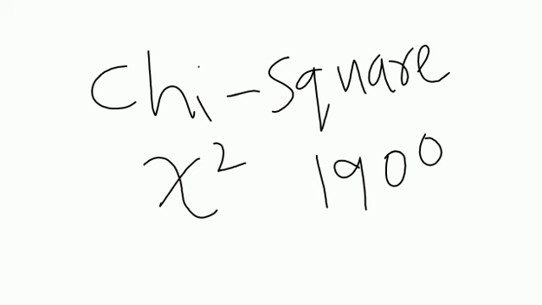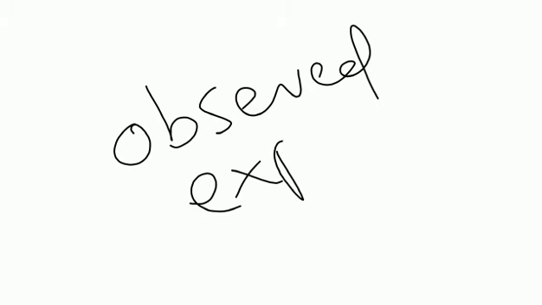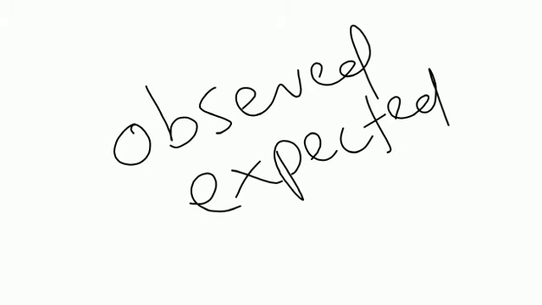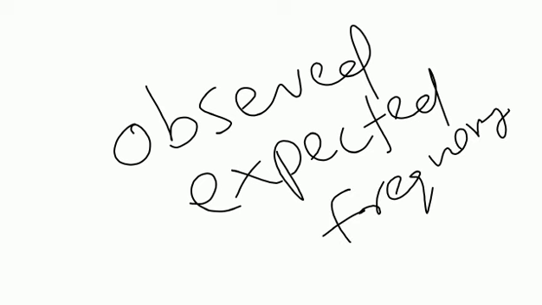And the quantity x square describes what? This x square describes the magnitude of difference between the observed and expected frequency. That is a very important point in chi-square. Clear? The test is helpful to find out whether there are any differences and whether the differences are significant or not. That is what is known as the chi-square test.